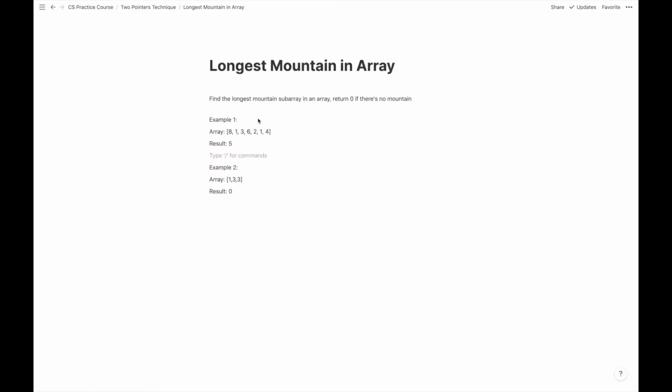Hello, so today we are going to take a look at this problem called longest mountain in an array. Basically, the problem is finding the longest mountain subarray in a given array. And if we can't find such a mountain, we should return 0. And basically what the mountain means here is, if we look at this example,